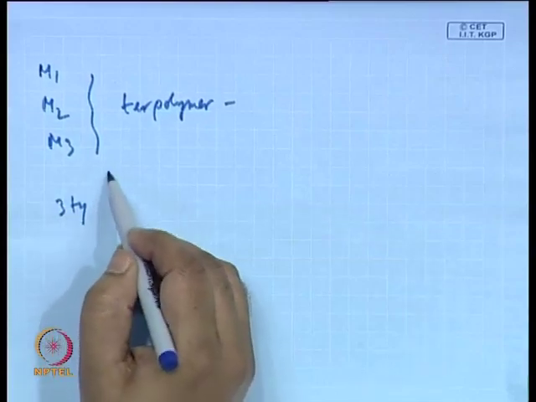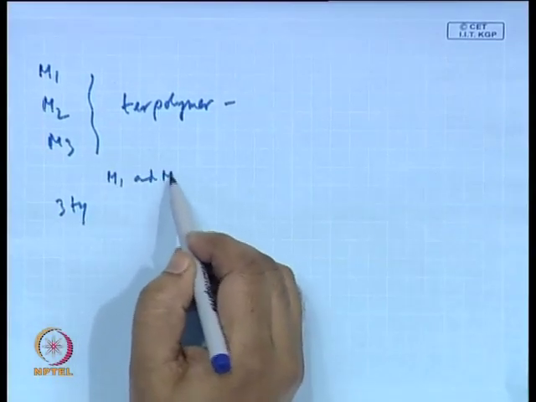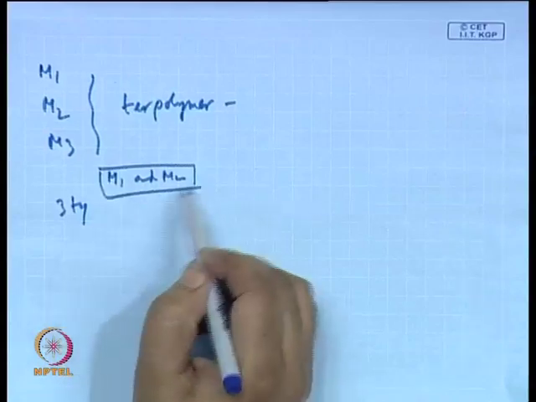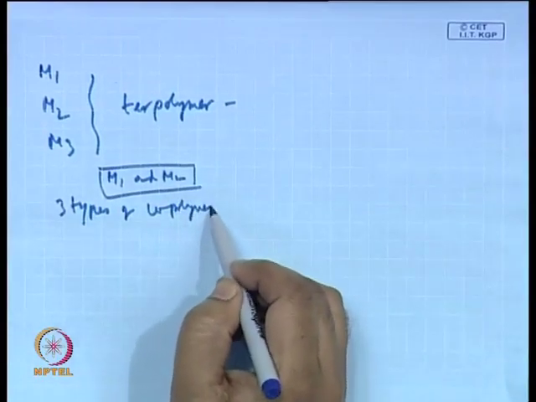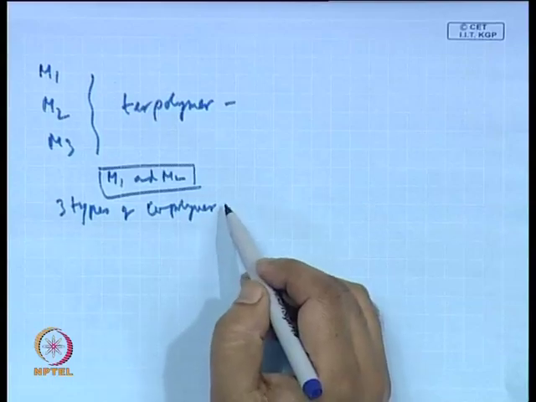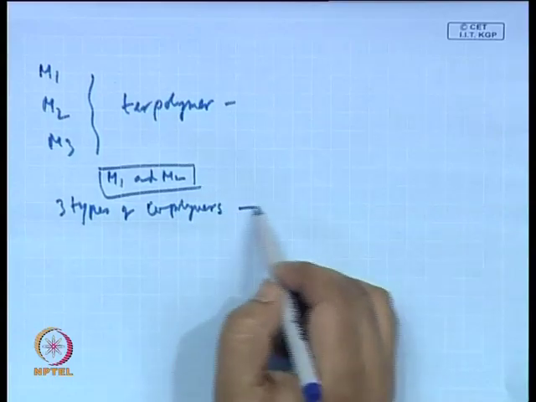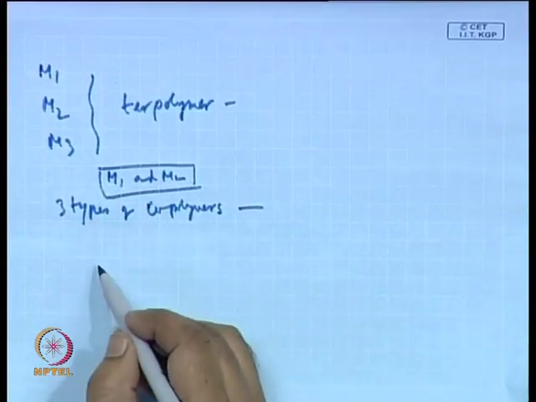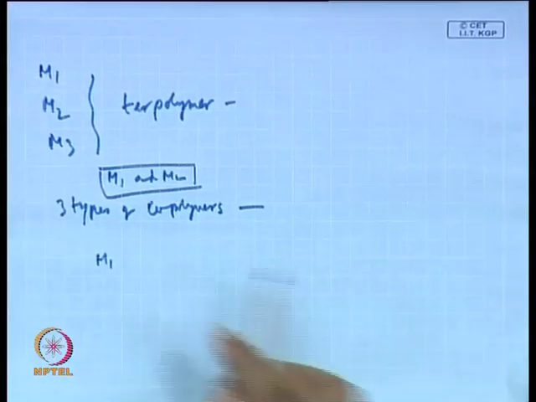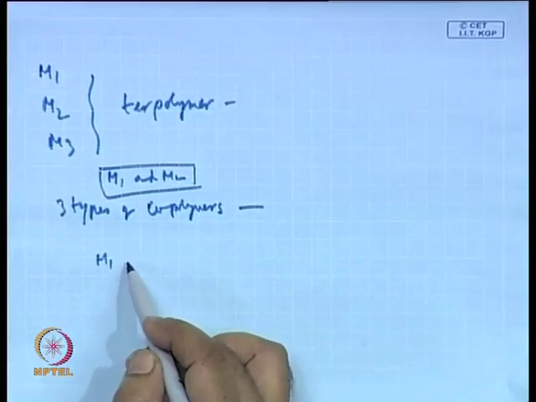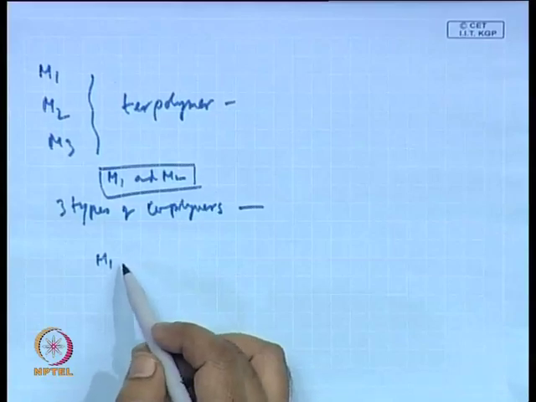If you consider M1 and M2, there are three types of copolymers you can have, which I think I have discussed in the first lecture in the introduction. One, the two monomers can get into the copolymer chain statistically, following a statistical law,